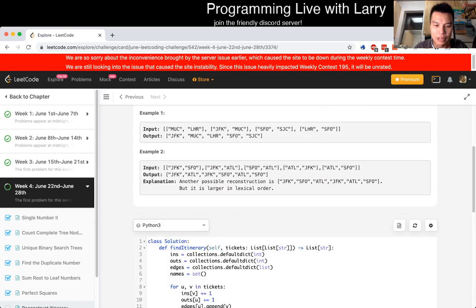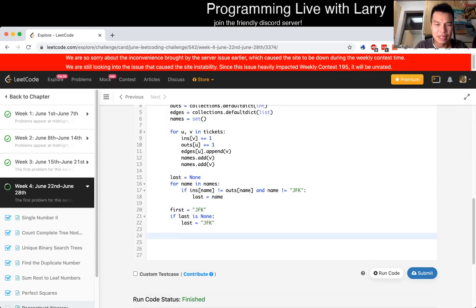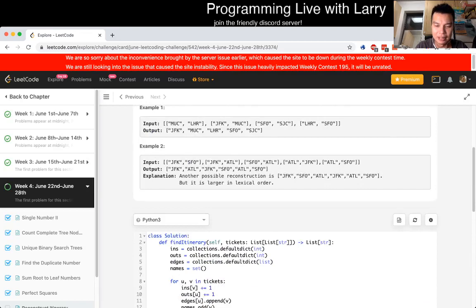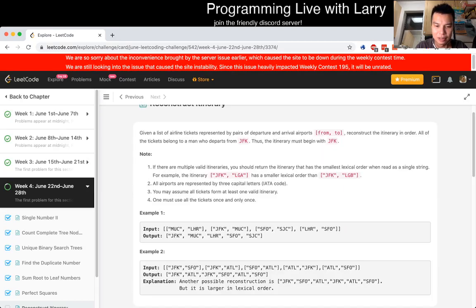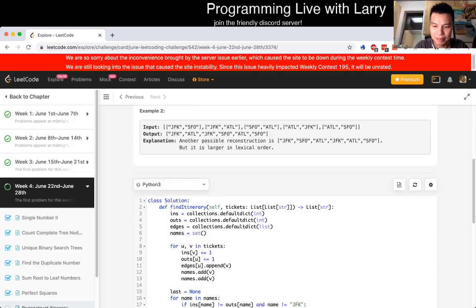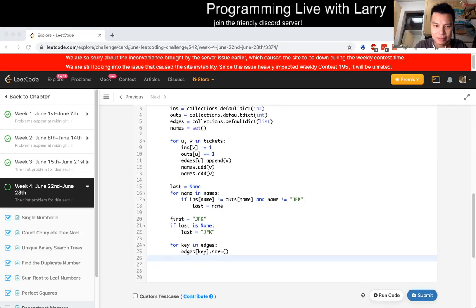So then now we sort every, yeah, let's sort all the edges, so that we always try to go to what's optimal in terms of lexicographically shorter, earlier, that is. Yeah. Oh, you are right. Thanks.